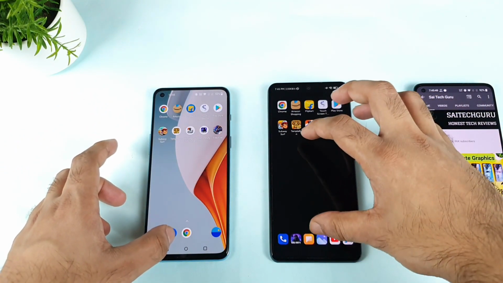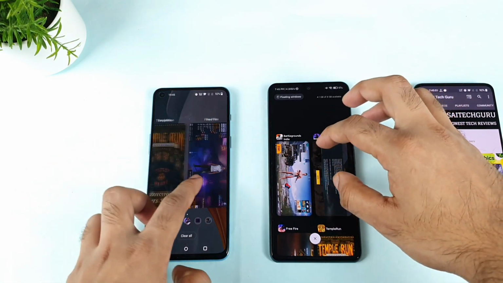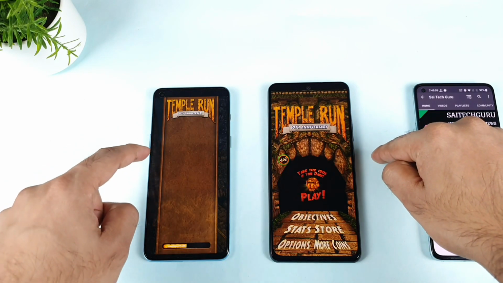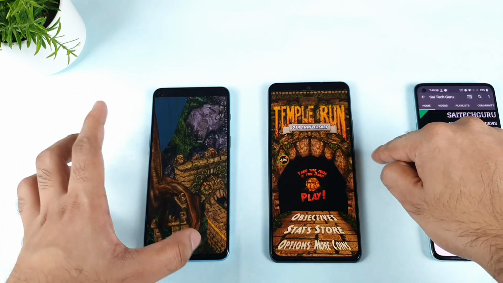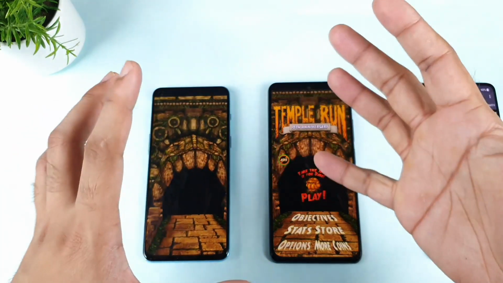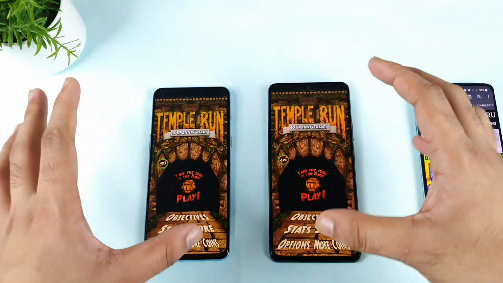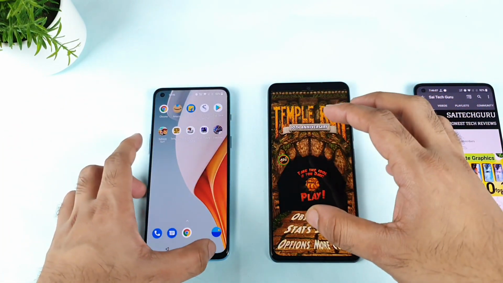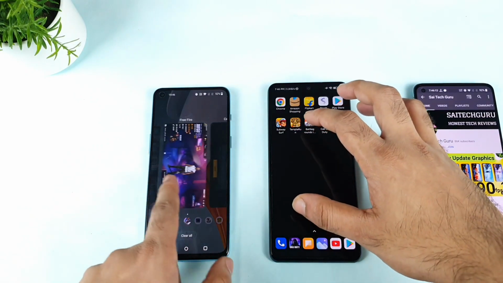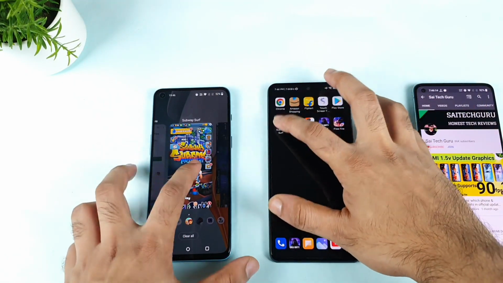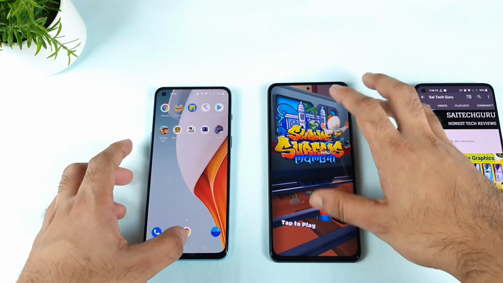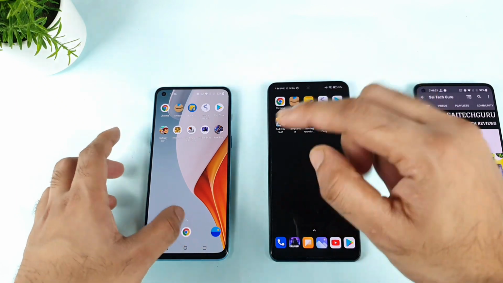And next is Temple Run. Let's open Temple Run from the multitasking. 1, 2, 3. Temple Run got closed, as you can see, friends. So in the OnePlus Nord 2, only 3 games were able to stay in the background RAM management. Before it was, I think, 5 games. But after the recent software update, I'm not sure why it happened, I'm unable to store more games in the background. Before it did not behave like that. It was able to maintain 5 games till Subway Surf properly. But Subway Surf is also not there, as you can see. This is the thing happening with the OnePlus Nord 2.